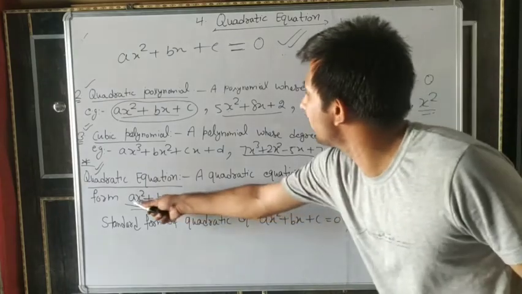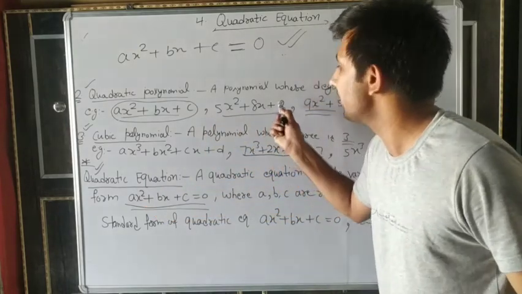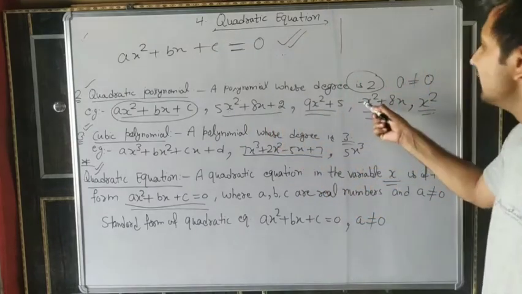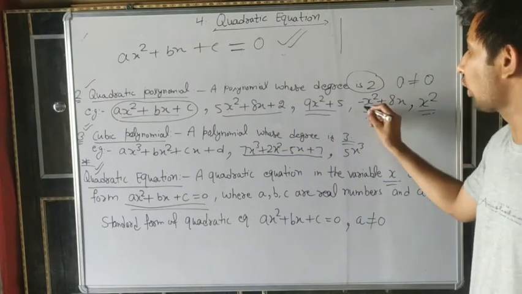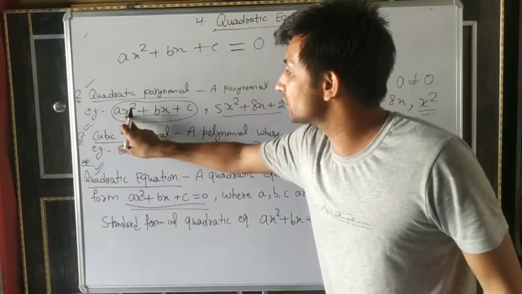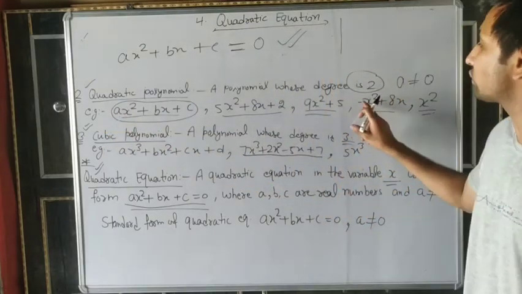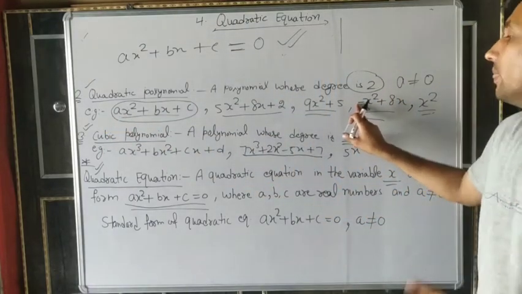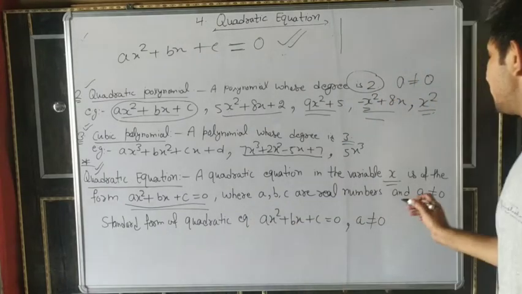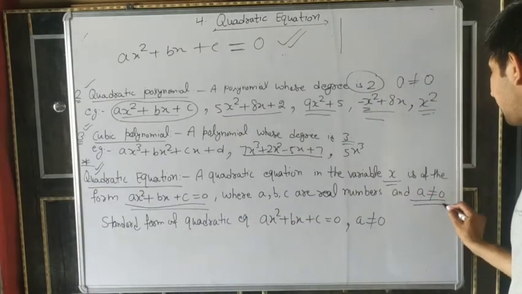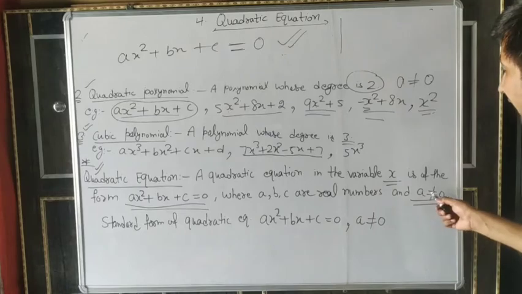A may be any number, maybe 5, maybe 8, maybe c is 2, maybe a is minus. What is the coefficient of x square? Coefficient of x square a. What is the coefficient of x square? Minus 1. Understand? So ABC, and always remember, if anyone asks you, always you will write a not equal to